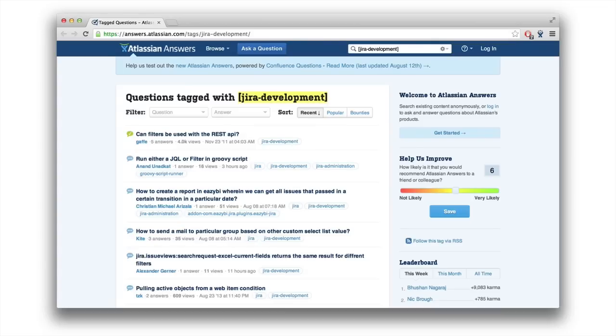There's also answers.atlassian.com, and I'm sorry, I believe this is an old screenshot of the old answers, but this is an excellent resource if you start running into problems on an upcoming major version of JIRA to be able to get help, not just from people internal to Atlassian, but the wider Atlassian add-on development community.